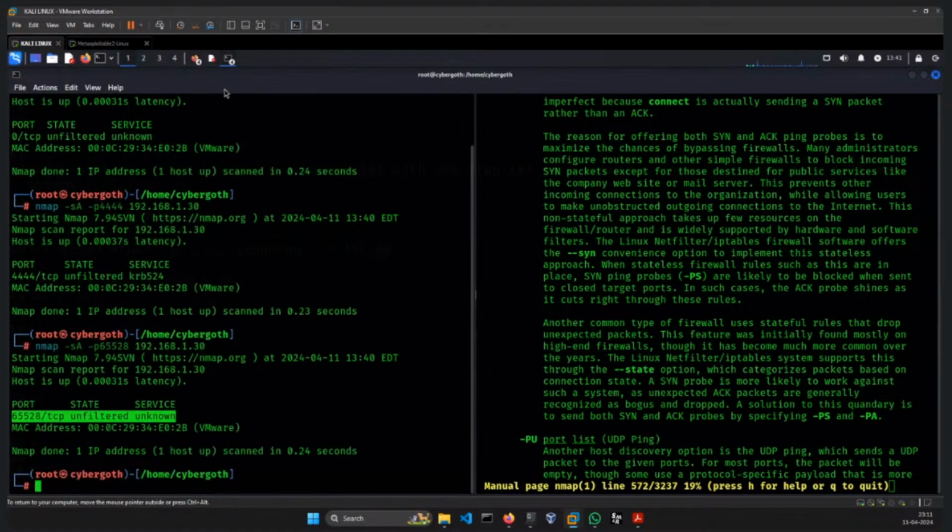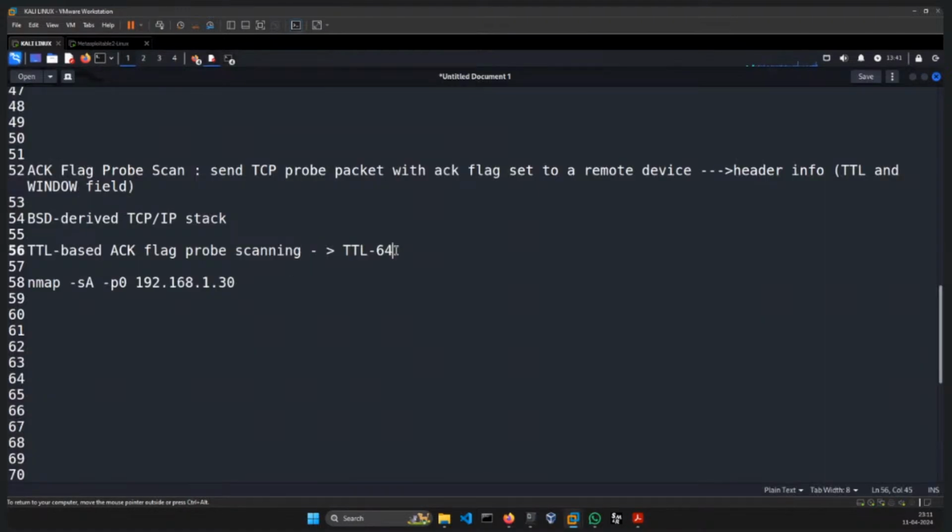But when you are looking towards a modern and sophisticated machine, then you have to look out that the TTL that you are getting, if it is less than 64, then the port is open. Okay, clear that much guys? Now coming to the next one,